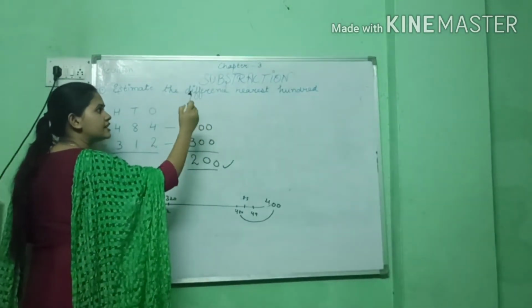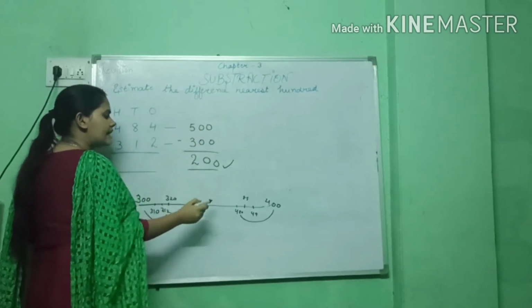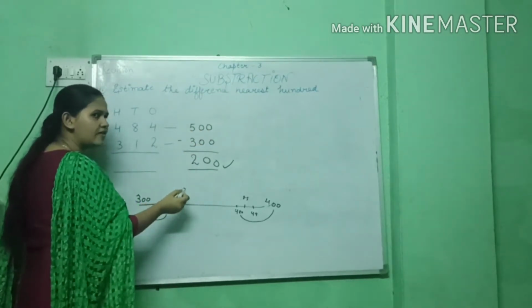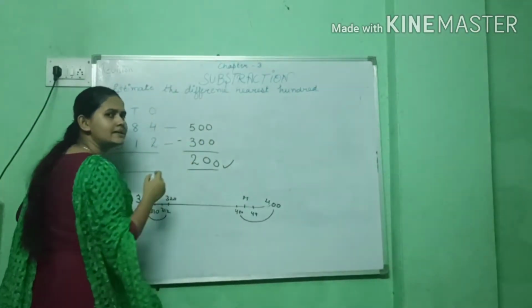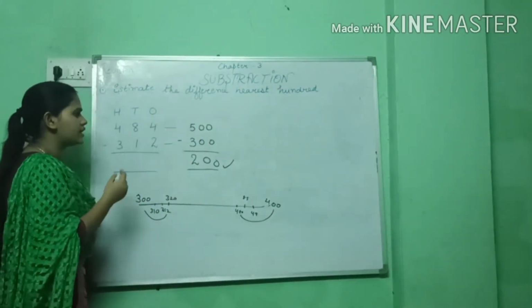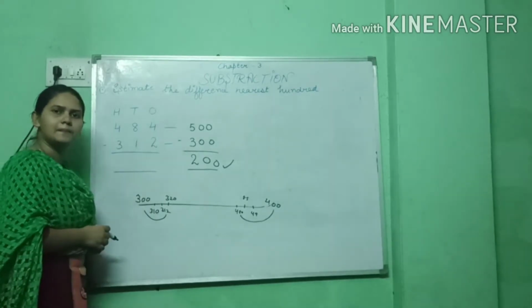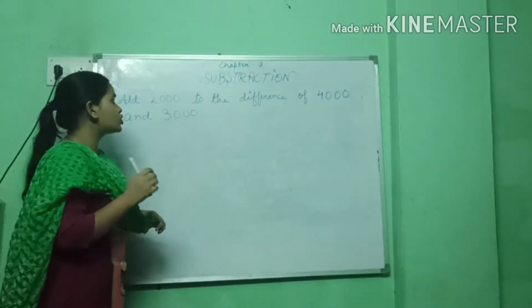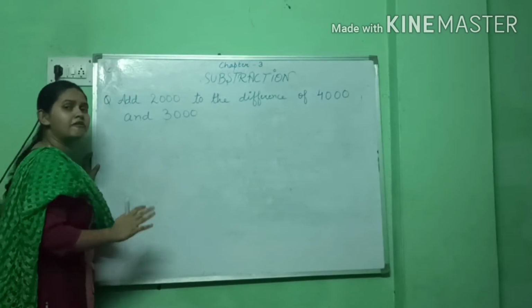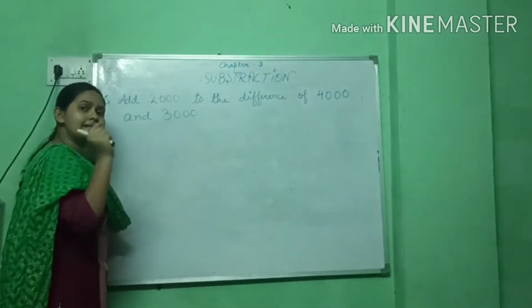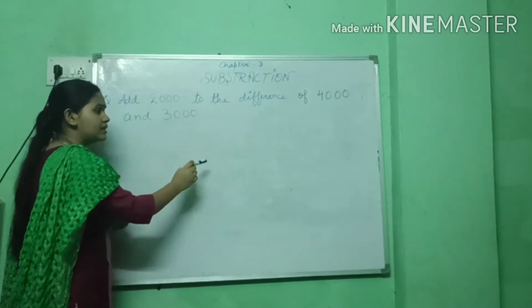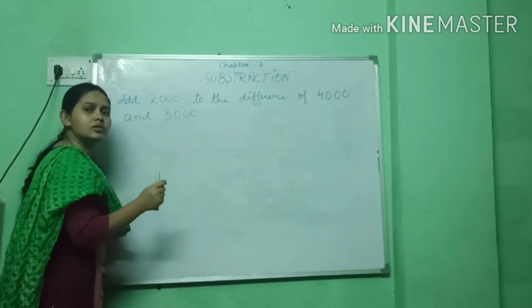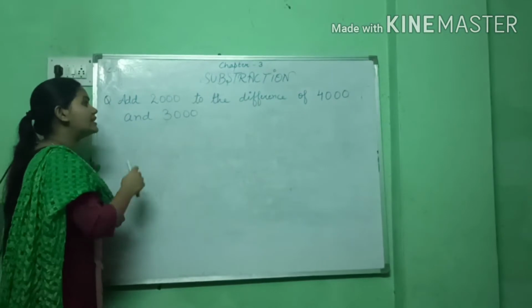When we read and understand this statement, then we are able to know that we have to estimate the sum to 100, 1000 or tens. Right, students? Okay, this is our estimate sum. So students, you can see this statement first. Firstly, understand the statement meaning, right? When we understand the statement, then we are able to know the solution. Okay, so let's start the question.